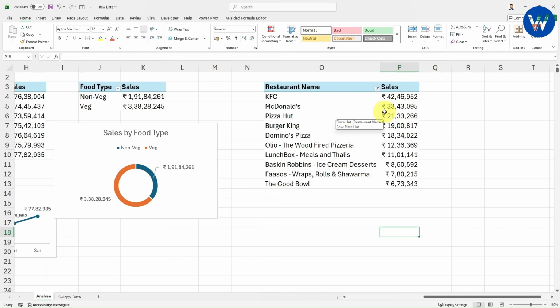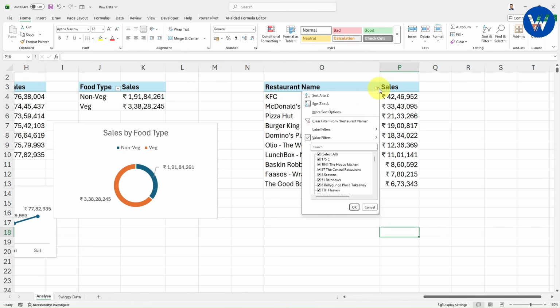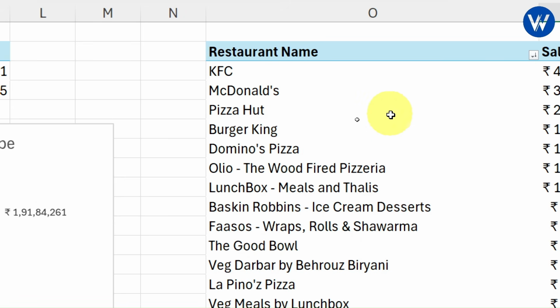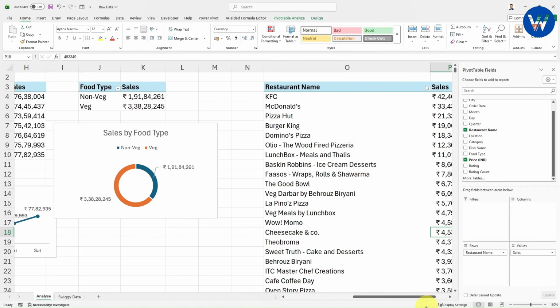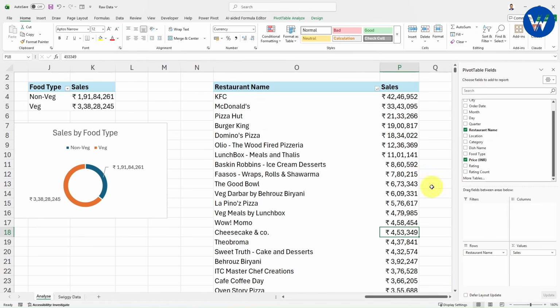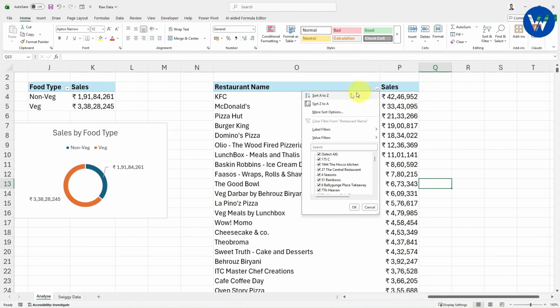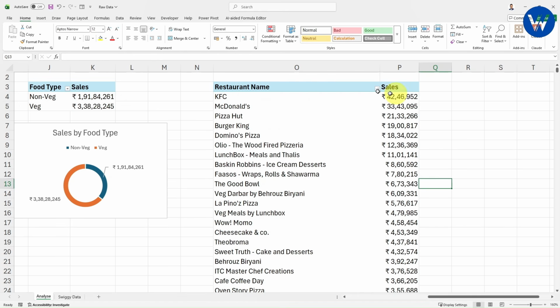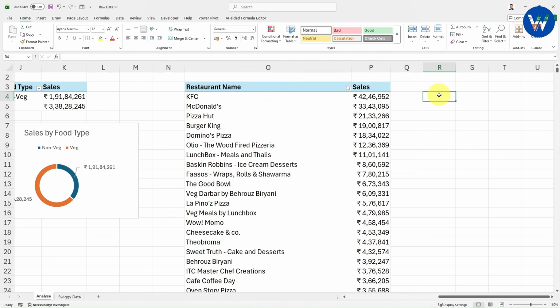The OFFSET function is very powerful. Now first I will remove the filter from here. Just you need to focus. This is very important. Remove the filter, right. Now you will get the pivot table in descending order, right. If you want you can remove the sorting also, but no problem. Now what you need to do is take help of the OFFSET function.